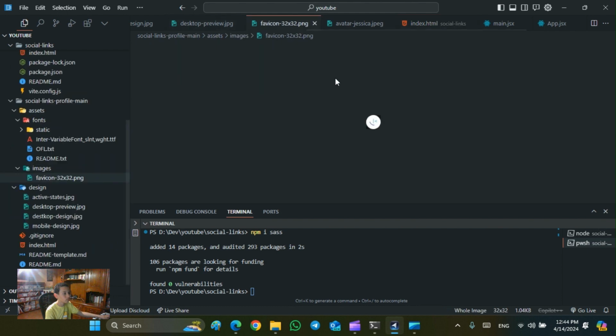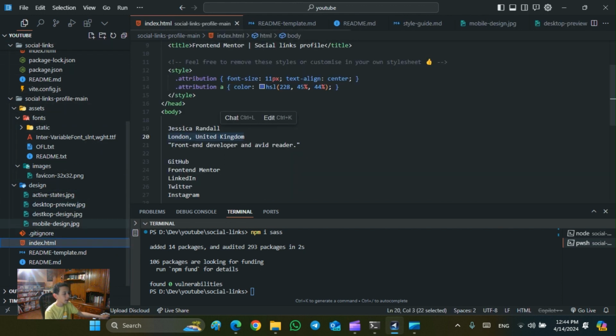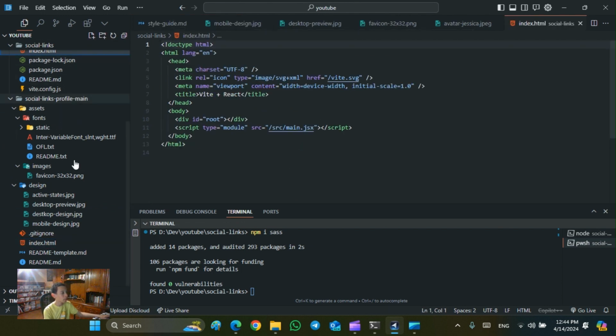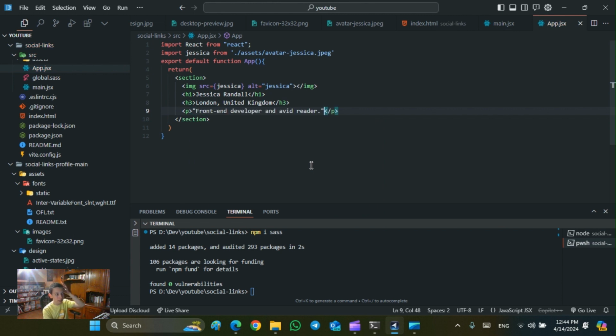Also we will need to put in this about. This about will be a normal p tag. So, turn to my app, create a p tag, put in this,